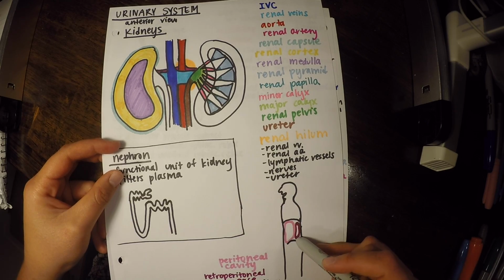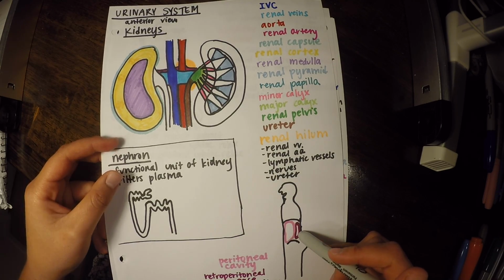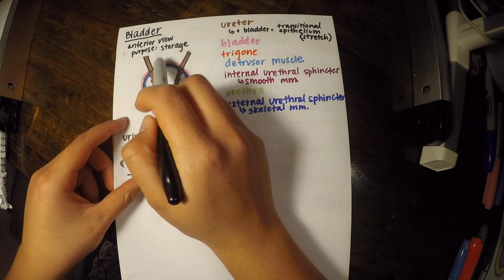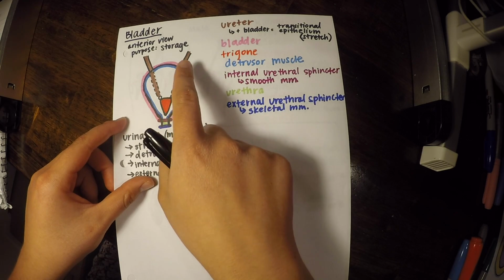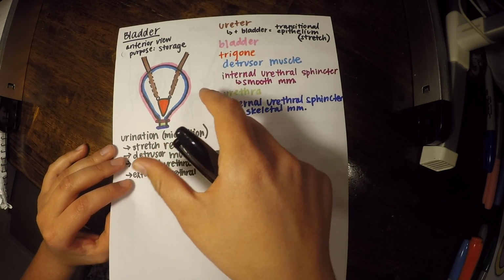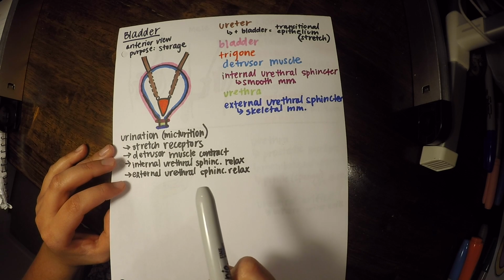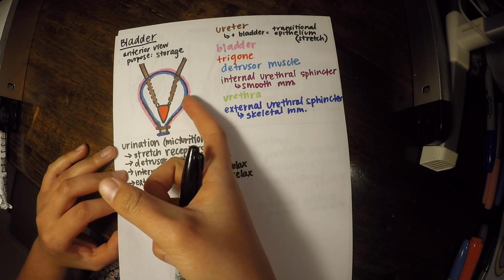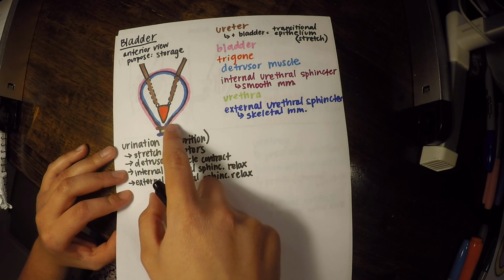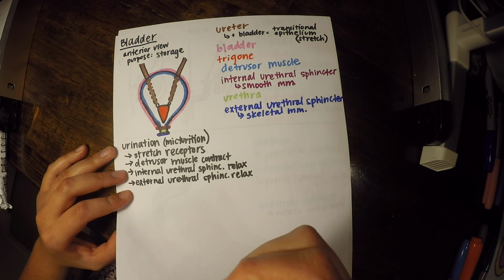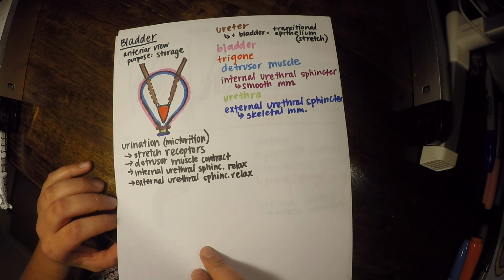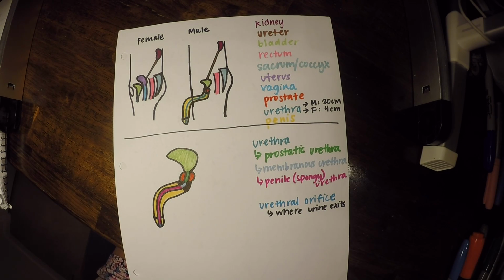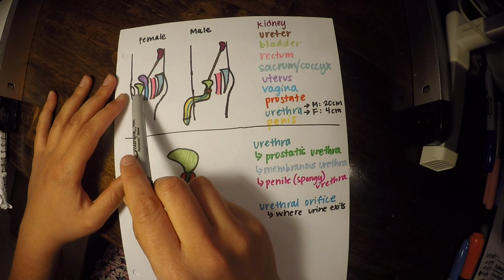And that's all taking place in this retroperitoneal space. And then as we follow the ureter down, one goes from both sides. It's going to go into our bladder from behind. Then we're going to have our detrusor muscle contract once it receives information from the stretch receptors that there is increased urine in the bladder. And then both our internal and external sphincter muscles will relax to allow urine to flow out through the urethra.